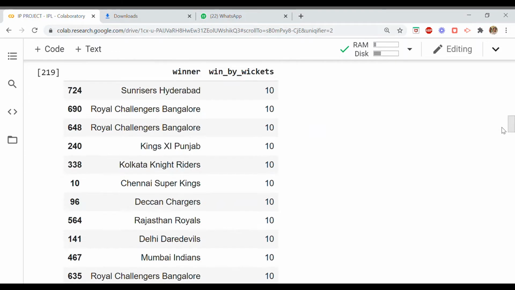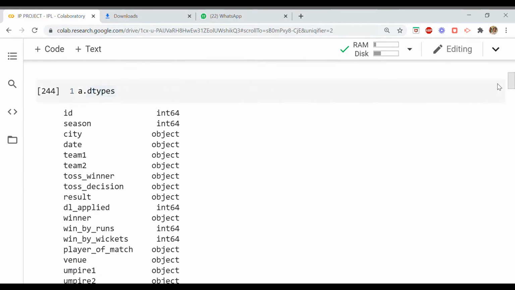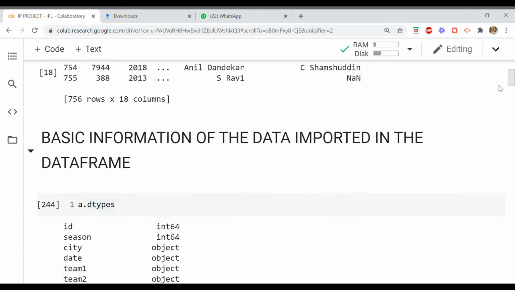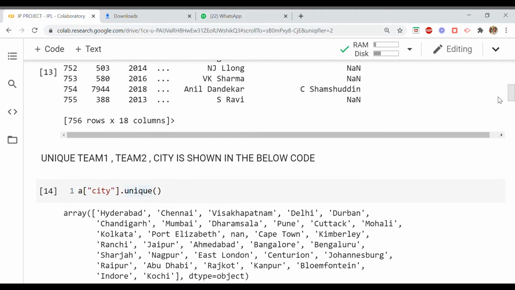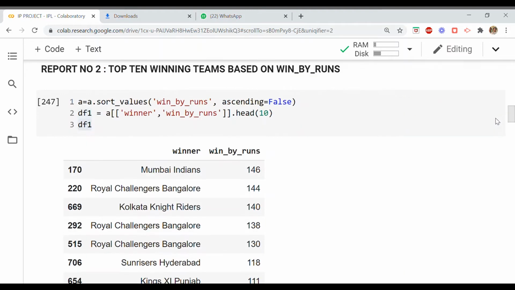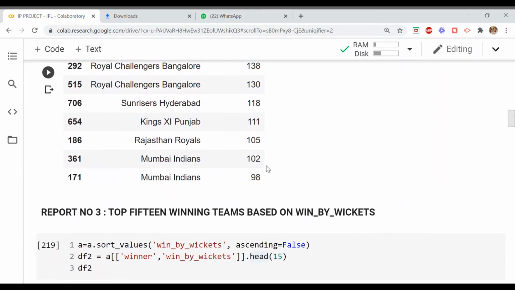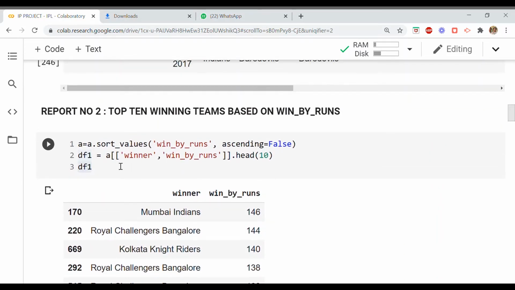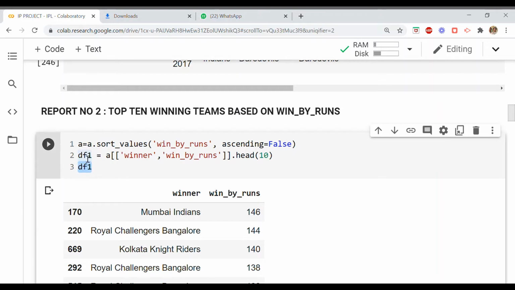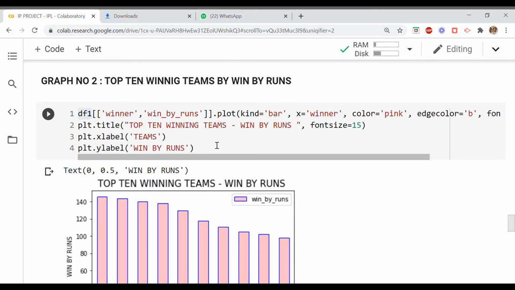So, if you go back, you can see here my reports. Okay, so you can see here that in my report I had already fetched out this information. Now based upon this information, now I'm plotting a graph. So this information was already stored in the data frame by the name df1. So this same df1 I'm using in my graph now over here.